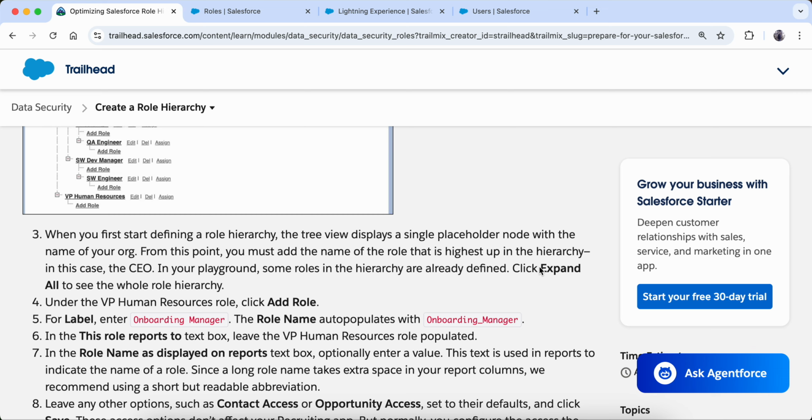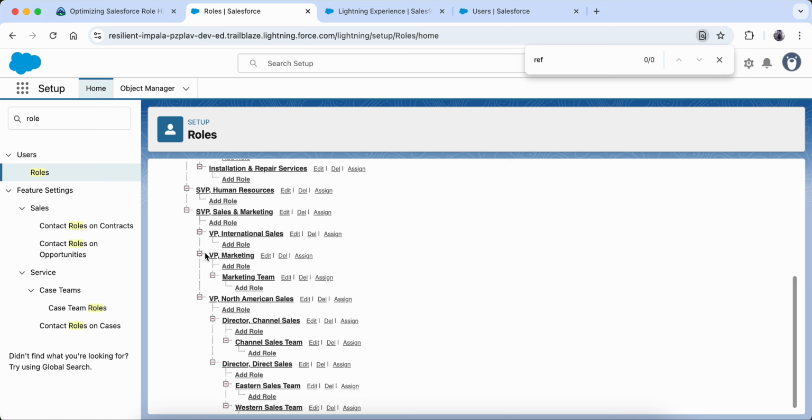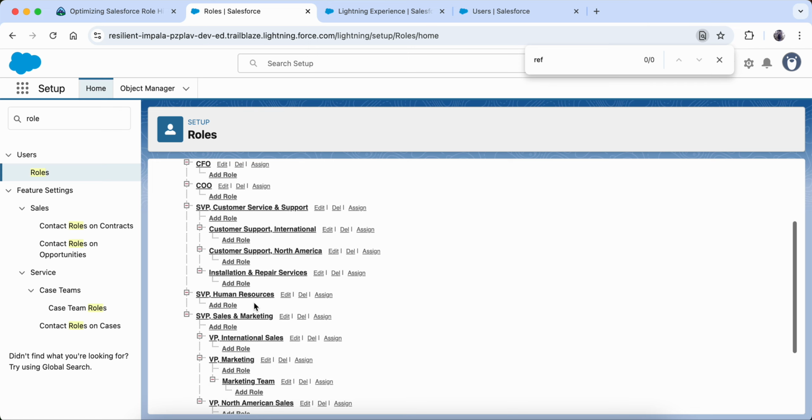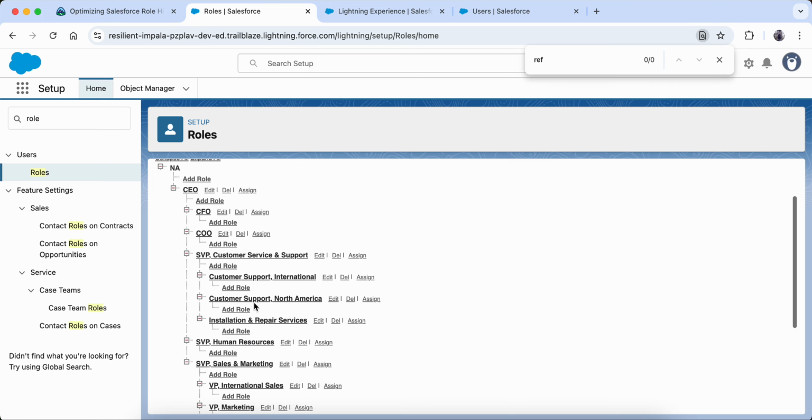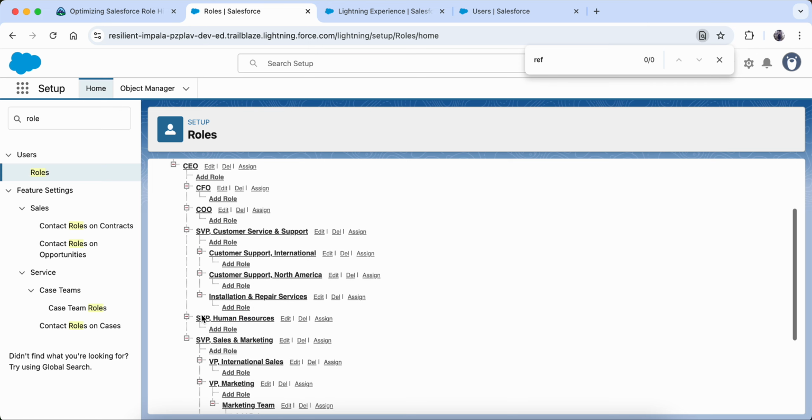They are saying under the VP. So VP is here, and VP of human resources. So this is the SVP. I think it is SVP only or VP.